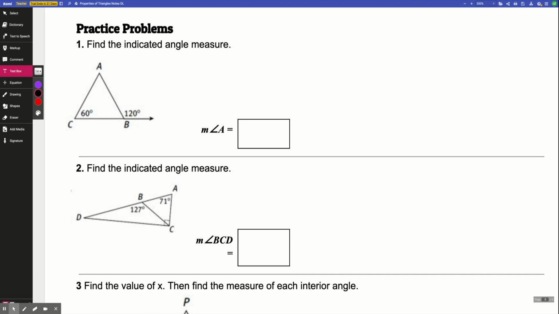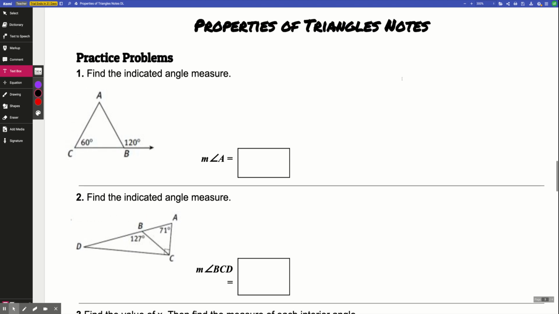Hey everybody, this is your practice problems video for properties of triangles. This one will hopefully be pretty short and it's mostly going to be practice with the exterior angle theorem and the isosceles triangle theorem, because you hopefully, fingers crossed, had seen those other three theorems,